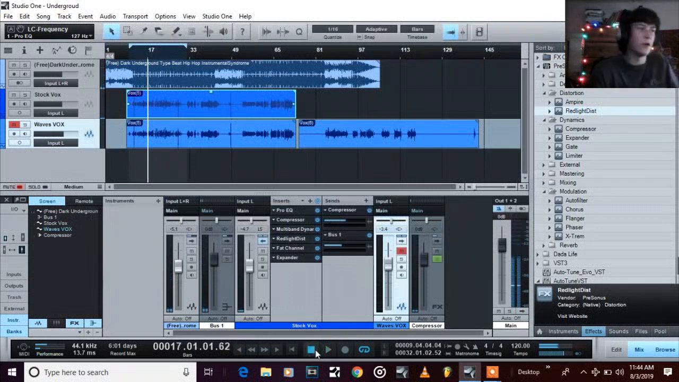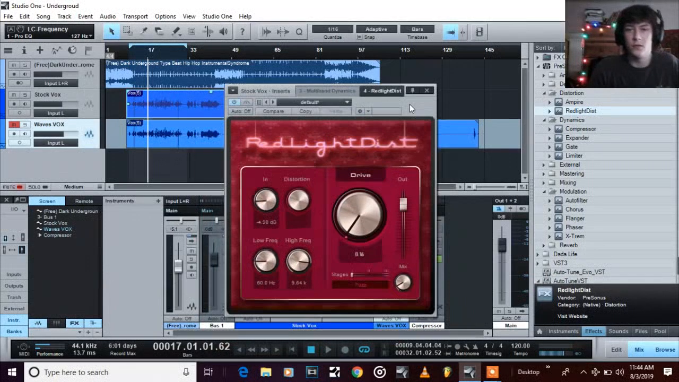I wanted that airiness in the vocals, that top end, so that's why that's on there. Then we have a little red light distortion. This was kind of weird to get because it's, well,